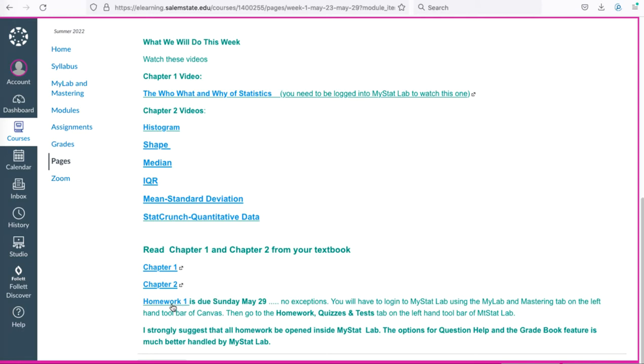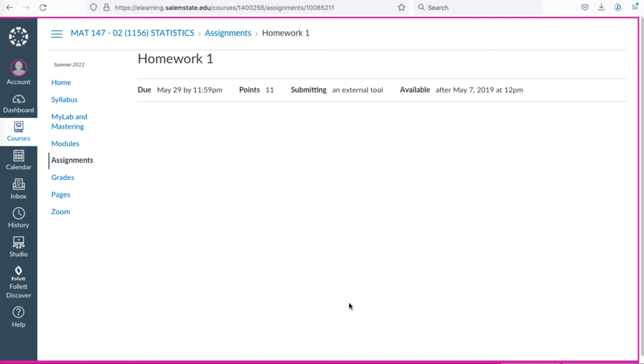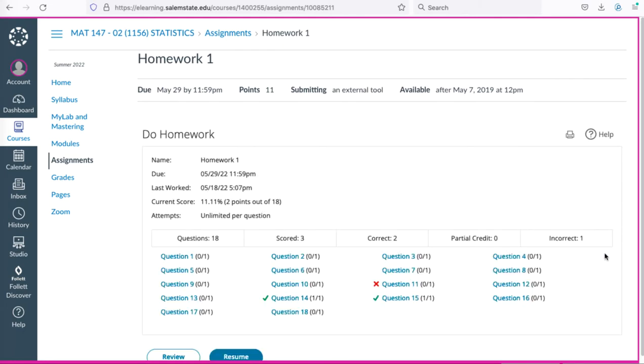So let's look at Homework 1. We click on Homework 1. Now I've already played with Homework 1, so you're going to be surprised at what you see here on this page. There are 18 questions, but I have deleted 2 of the questions. And when you click on those, you will see that your instructor has deleted those questions, and you still get credit for it. I was playing around with question 11, and I didn't complete it,